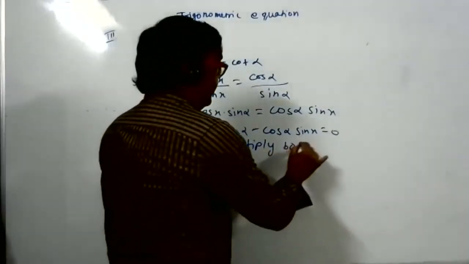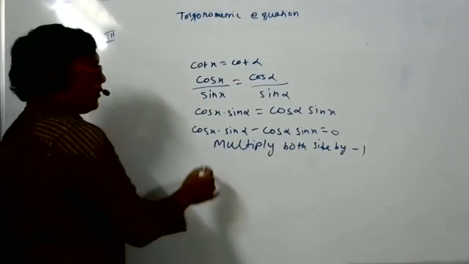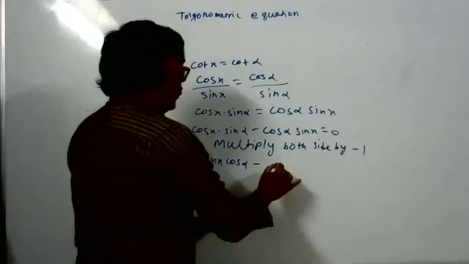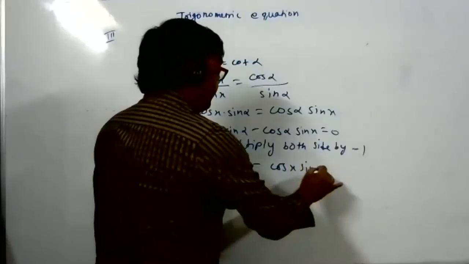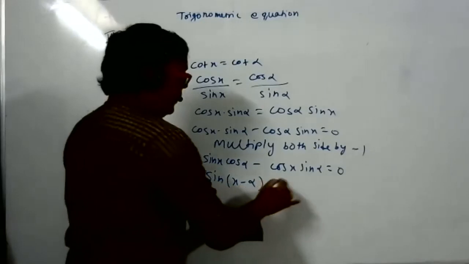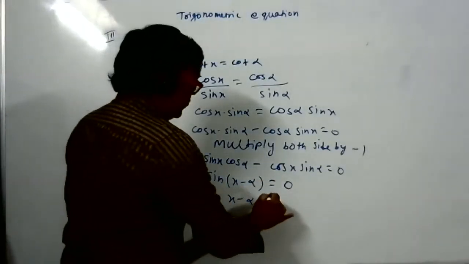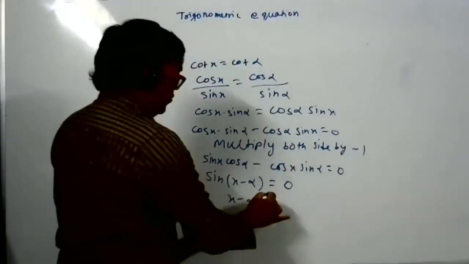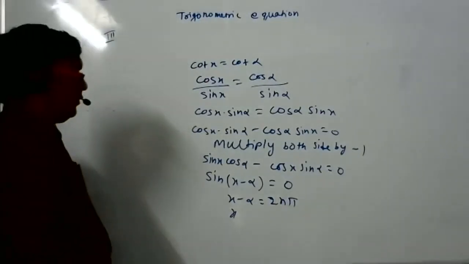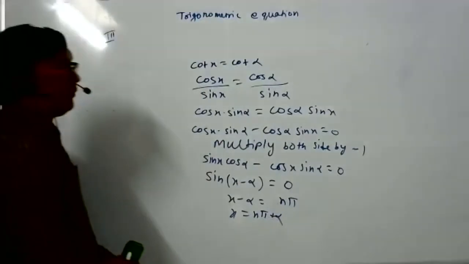Multiply both sides by minus 1. So what will happen now? This will become positive: sin x cos alpha minus cos x sin alpha. Now obviously, this is the formula of sine x minus alpha. This way also we can manipulate. Are you convinced or not? Yes, sir. Good, good. This way you should ask doubts. What should I write now? n pi. So, wait, something wrong I wrote. n pi, so x is equal to n pi plus alpha. I hope you are convinced now. Yes, sir. Okay.